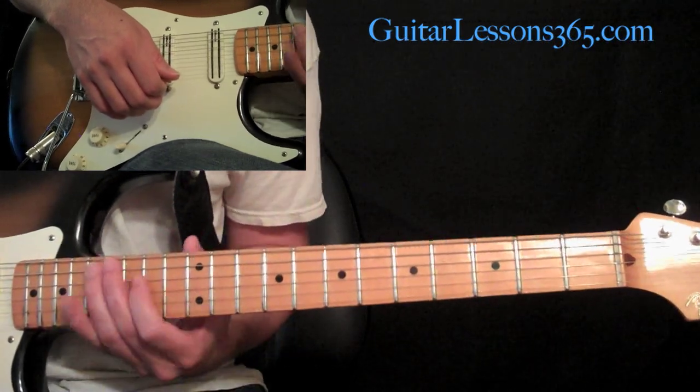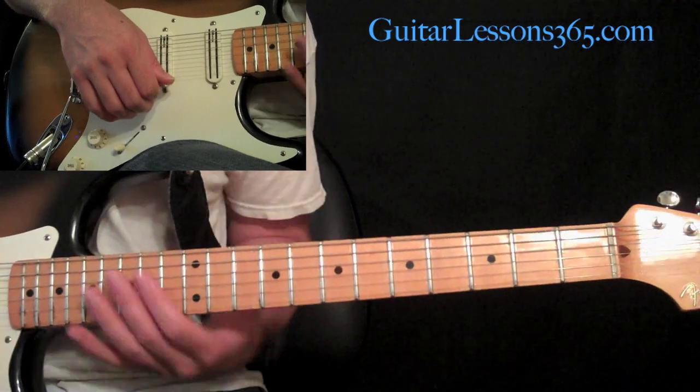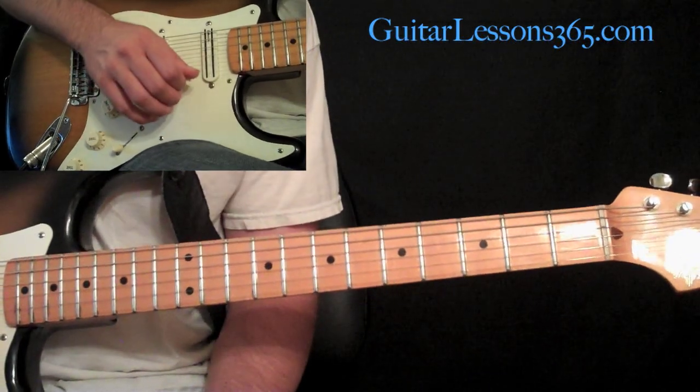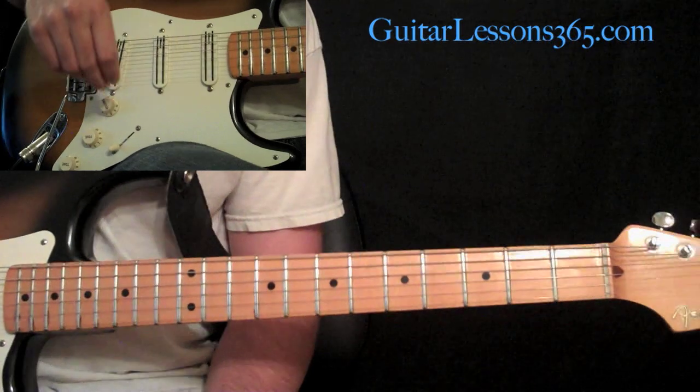It can get a little bit tricky. It requires you to jump around and stuff, but if you take your time with it, make the roll as clean as possible. And this little lick down here that goes on in the third chorus, relatively simple, kind of a little country lick. So have fun with that,